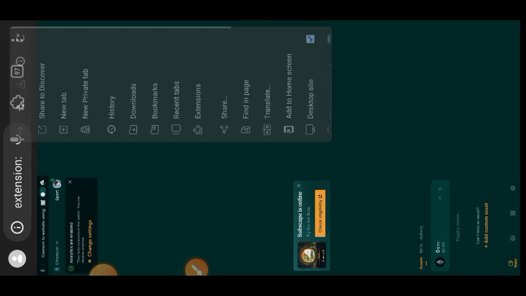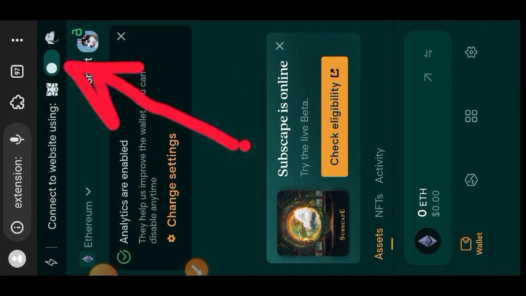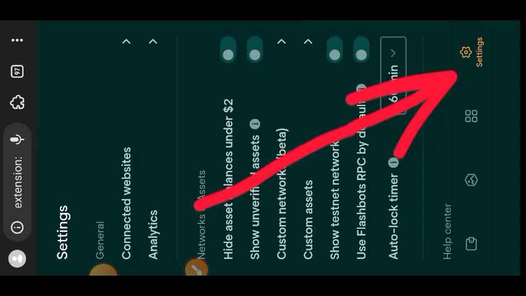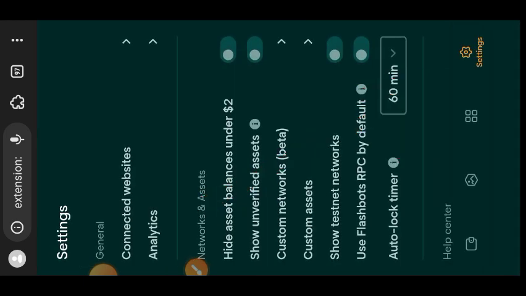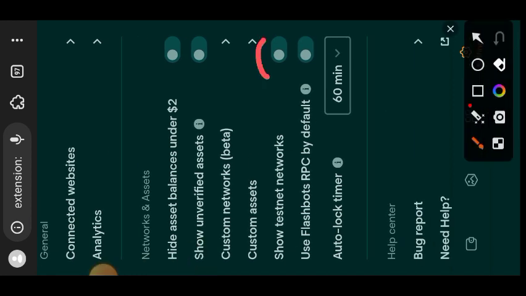you won't have trouble trying to connect your wallet because you are still operating from the same wallet even if you are using Taho. And so the first thing you want to do now is turn that toggle switch on. Let the toggle switch be facing the Taho logo and then go to settings and turn on testnet network so that if you want to use it for testnet interactions, it will be able to display